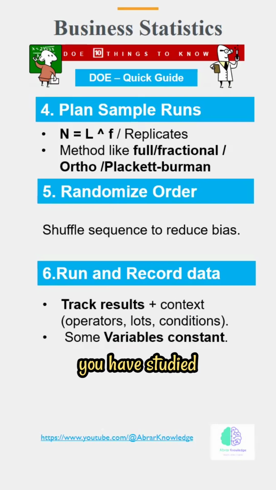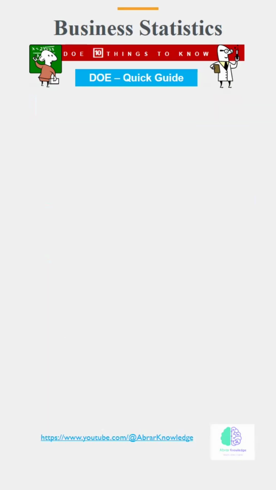For example, you have studied some parameter in rainy season. So that means you try to cover it completely in the rainy season so that your noise factor will not get influenced. Seventh one,